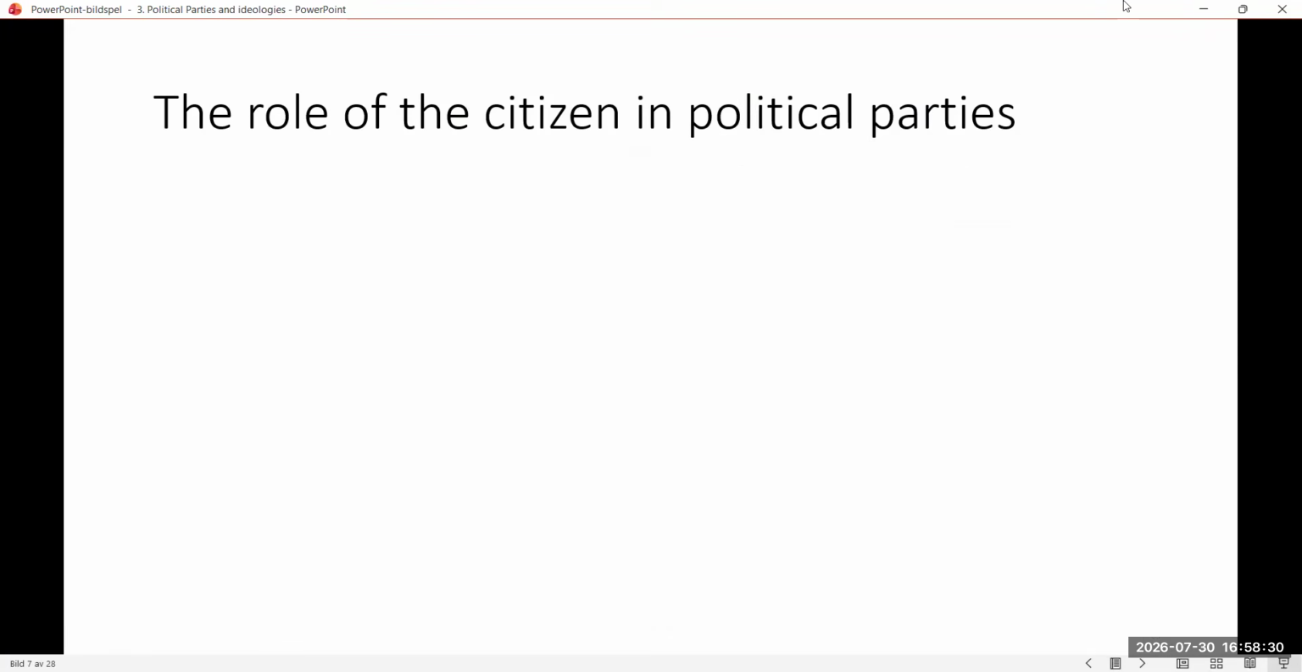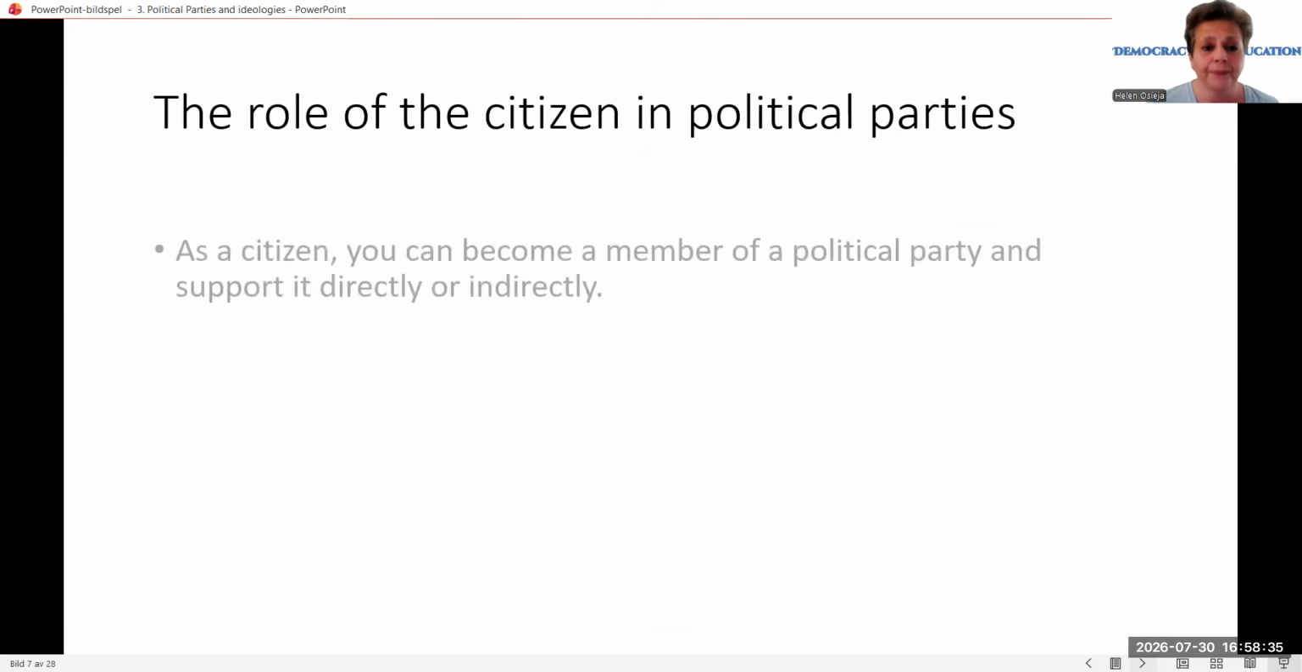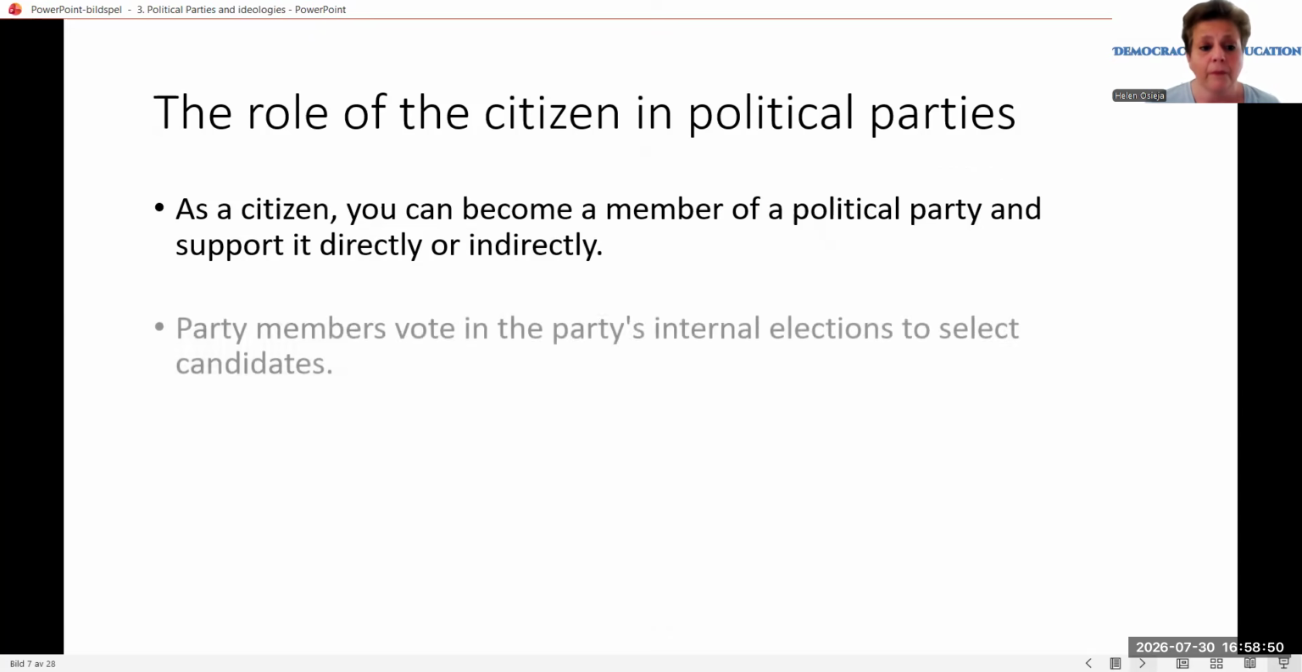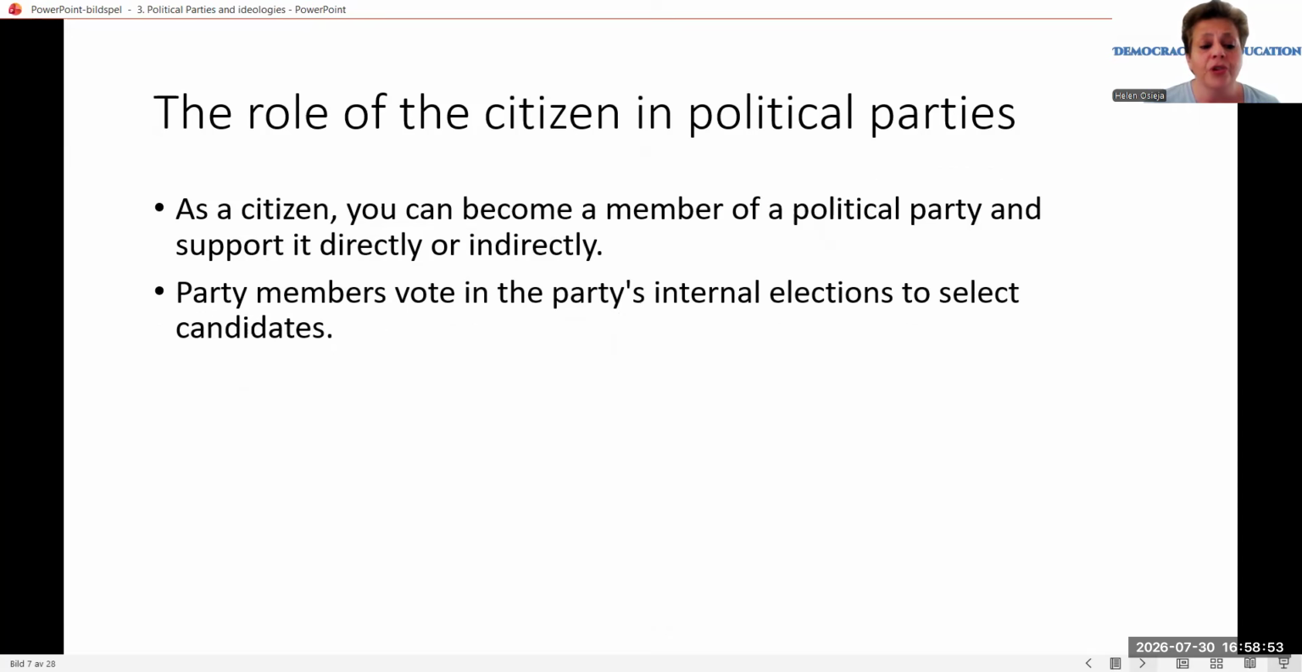But what is the role of the citizen in political parties? Well, as a citizen, you can become a member of a political party and support it directly or indirectly, for instance, by volunteering or by donating money. Party members vote in the party's internal elections to select candidates that will run for office. Party members can become candidates,